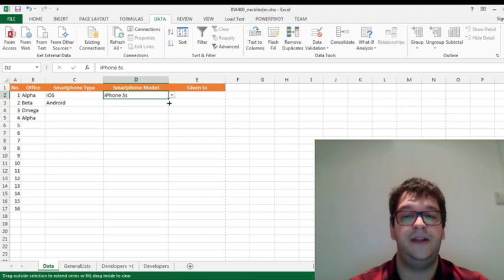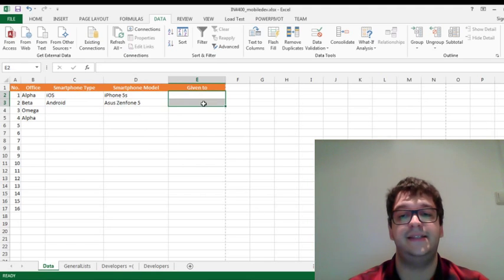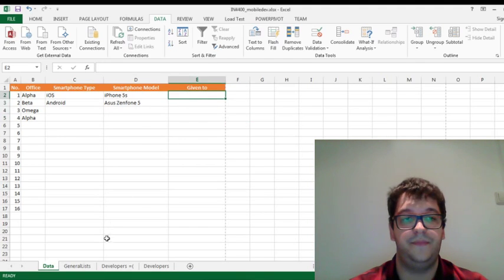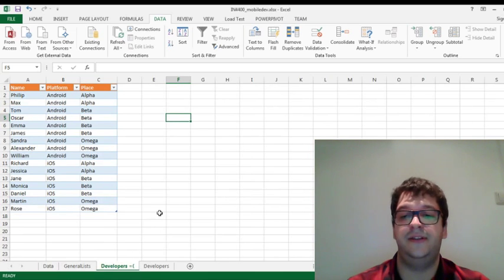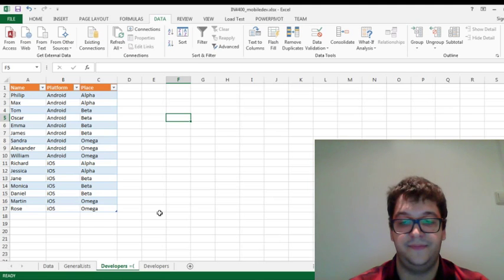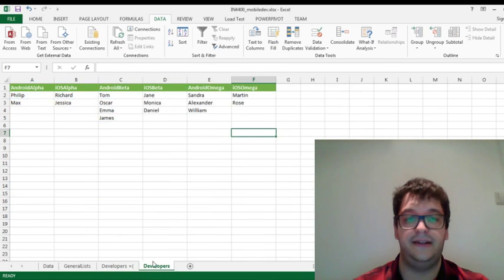Just now, we used one input to generate one output, but to assign it to a developer, we need inputs from both Office and the smartphone type. We still haven't declared lists for the developers, and sadly, we can't use a table like this for the dropdowns. What we need is a list of each particular dropdown we will use, and for that, we will use something like this.